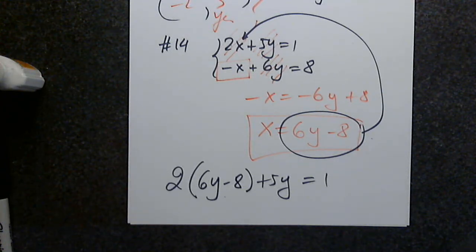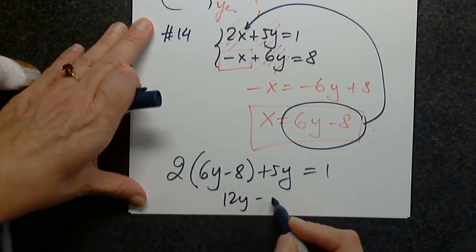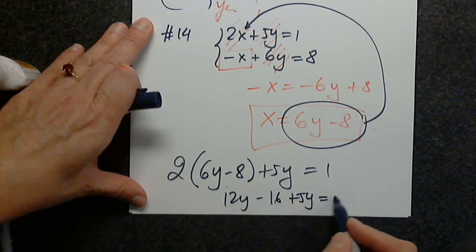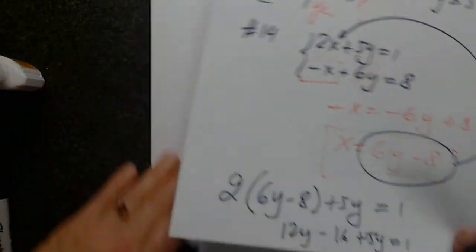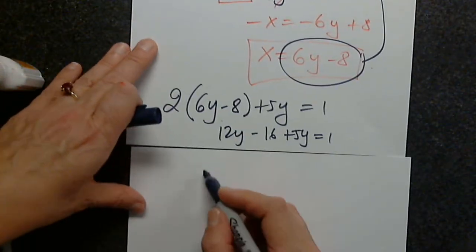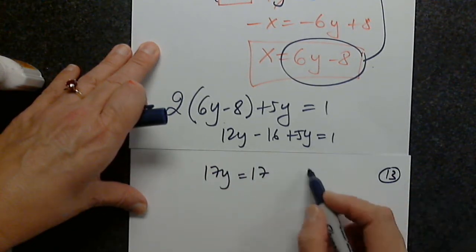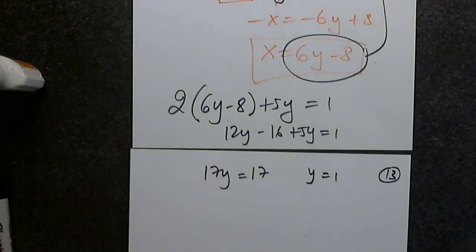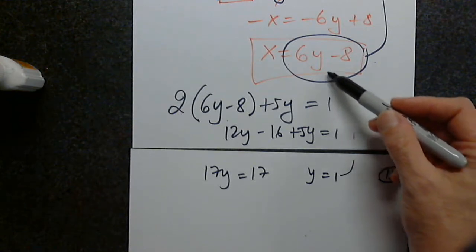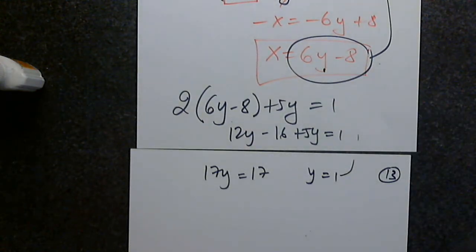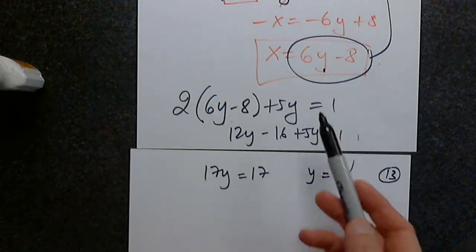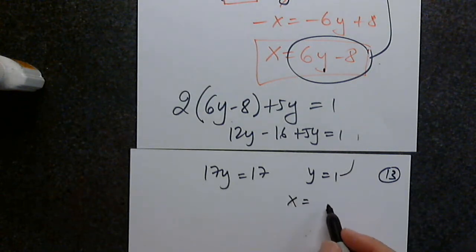Okay, so let's distribute and find y. So 12y minus 16 plus 5y equals 1. 17y equals, look at that, 17. So then y equals 1. This is good, but it's not good enough. I have to determine x. So I go back here. So 6 times 1 minus 8 gives us x equals